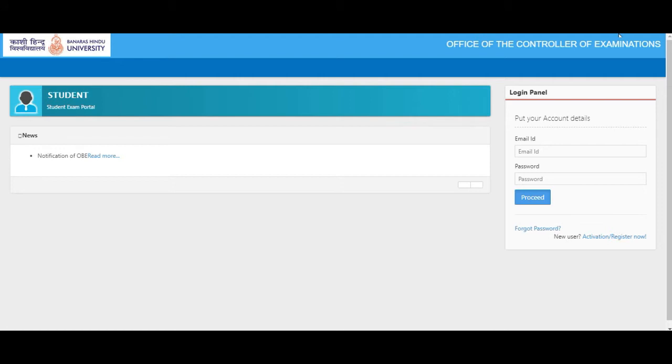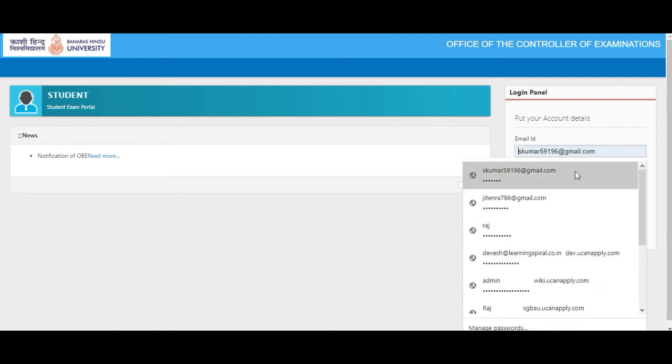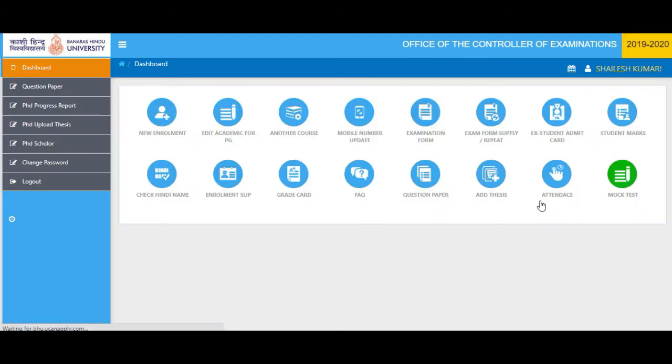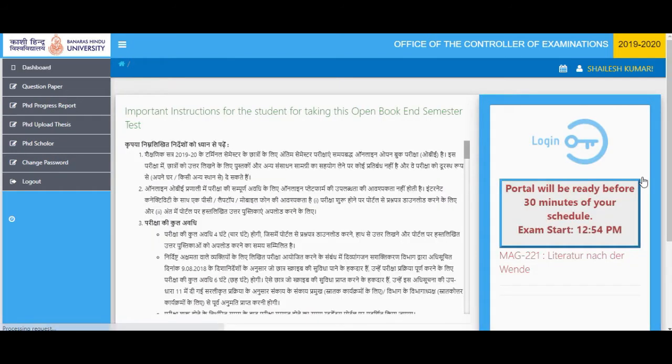In case you have a schedule for any day, the portal will be ready after the amount of time which is left for examination.